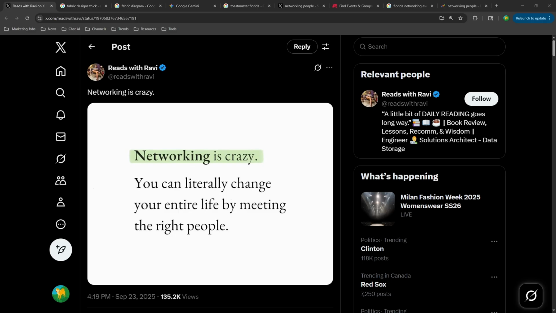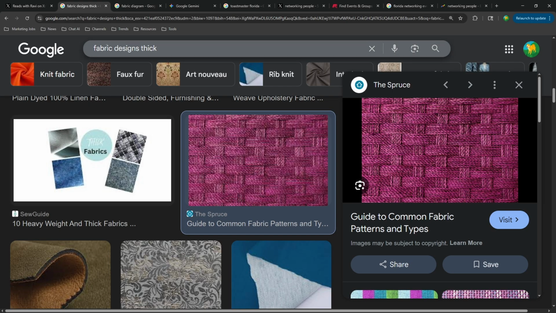Or let me say that there's a lot of content already there that is focusing on how to improve your networking skills. So I really wanted to take a look at networking in a different kind of way. And I'm going to do that in two different ways. First, just with a visual representation of networking that had come to mind earlier. And that's simply with fabric.